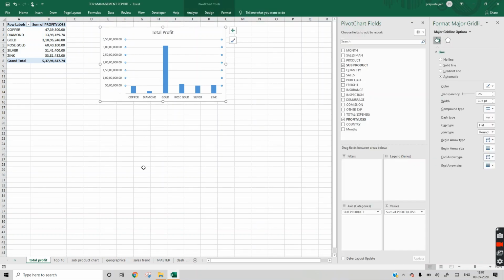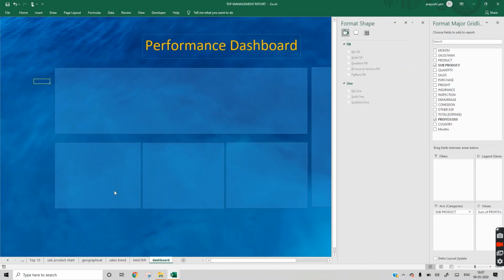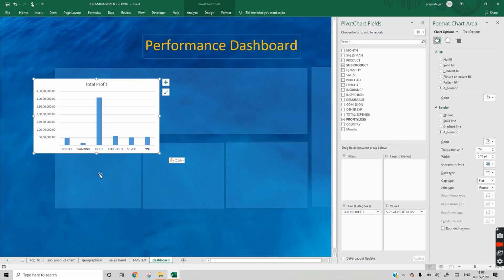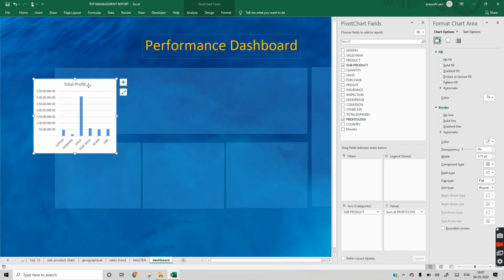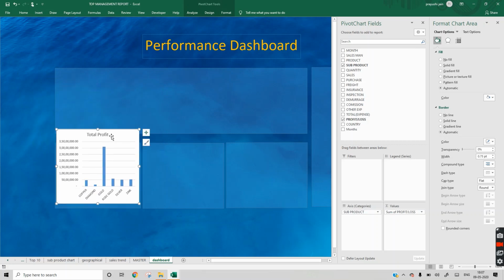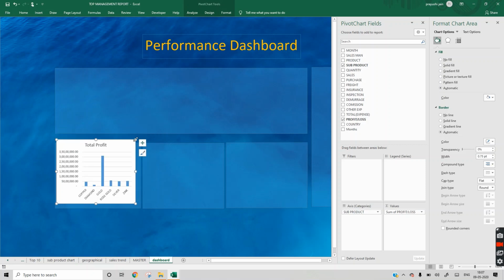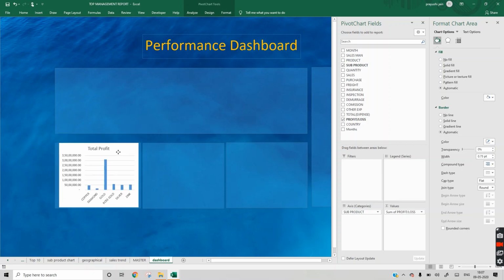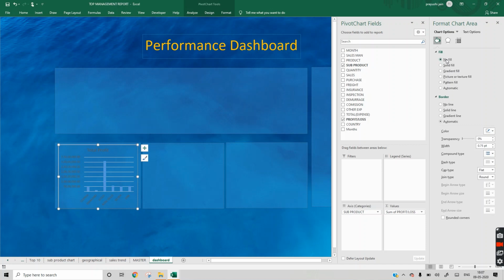Now we'll copy paste. We have copied to the dashboard. We have selected this chart. Go to no fill with no line.